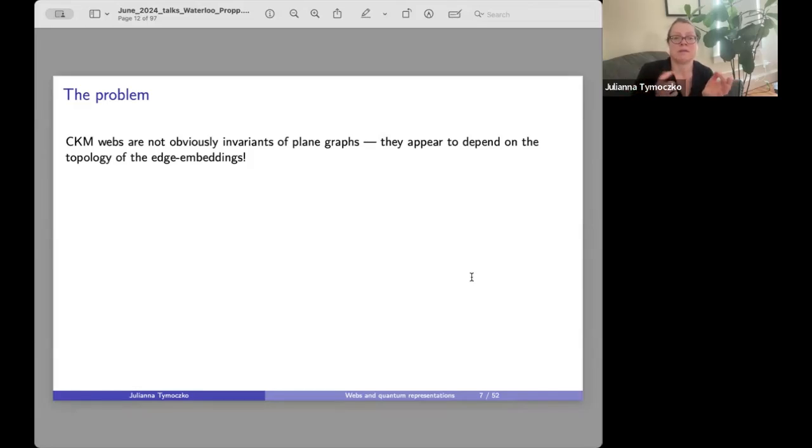CKM webs, all their local relations care very much whether you put a straight line between two vertices or whether you have it wobble up and down a whole bunch of times. And then they can prove that in fact it does not matter how you draw that, but that is not evident in their construction. And it is built into webs for SL2 and SL3. It is built into definitions of webs that come without a full set of relations, like Fontaine's.